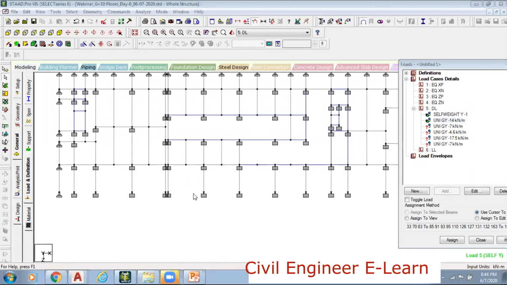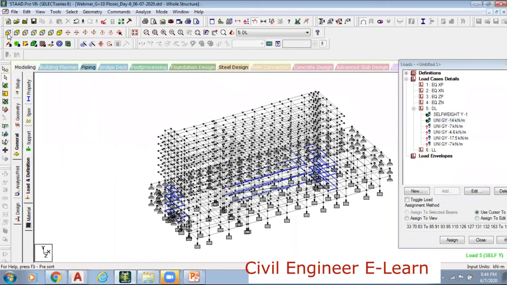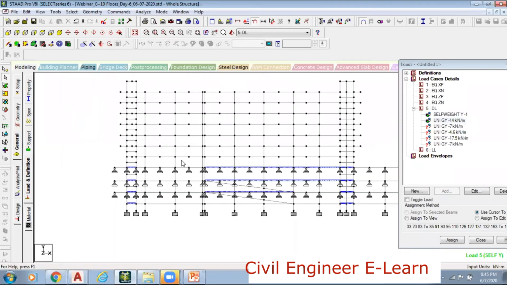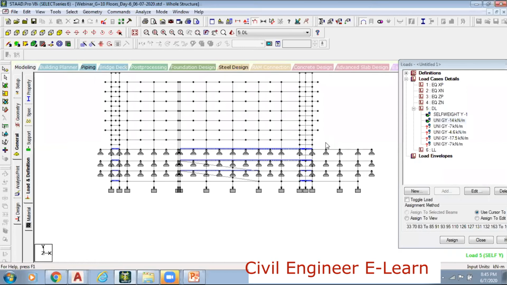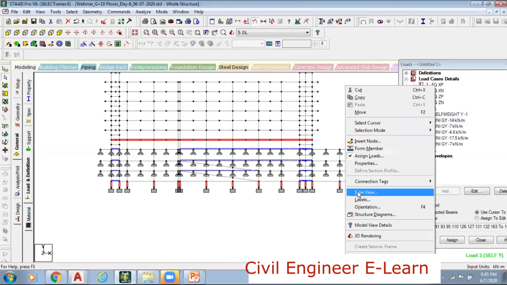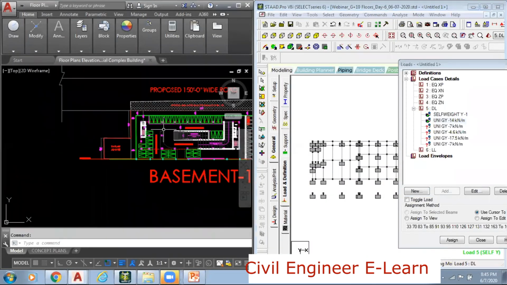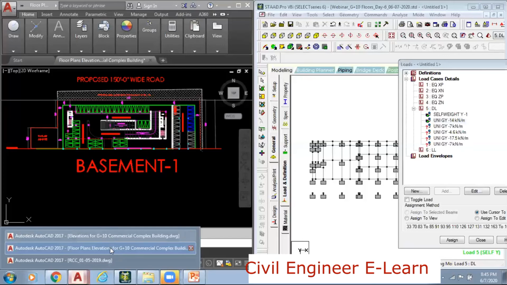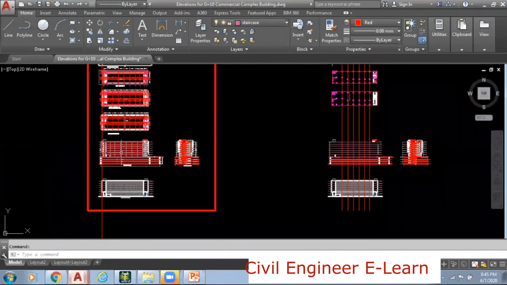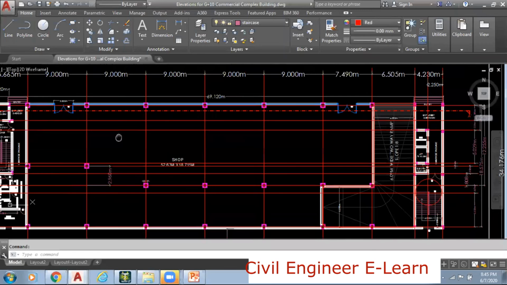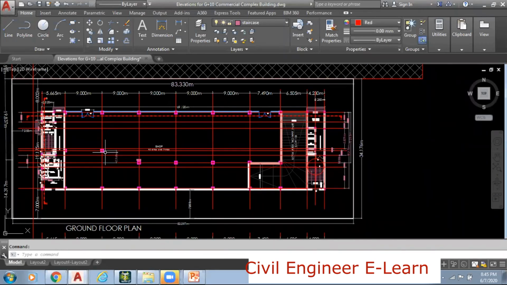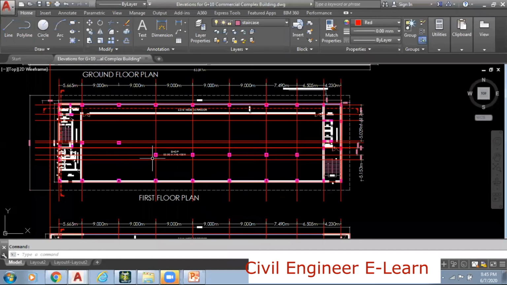yes, let me just go to this whole structure. I'll go to this over this one. Now I'm going to select this one, first floor level, all the columns here, all to VV, I mean new view, plan view. Let me keep it this way. And this is the first floor level. I'll go to this one. So this is exactly the ground level, and I go to this first level. Let me keep it on the left side.